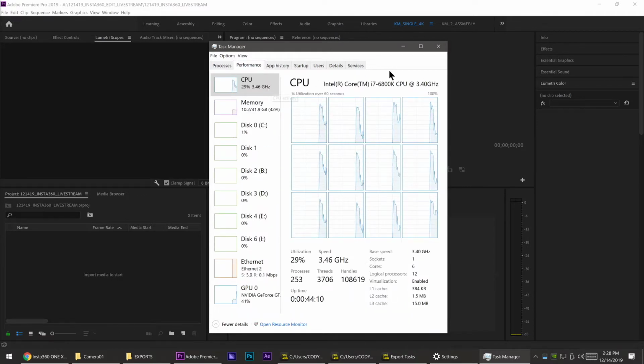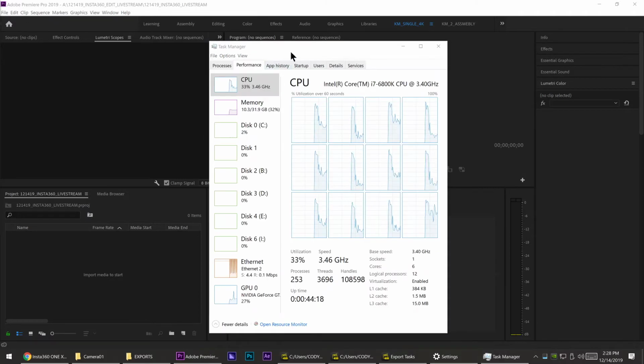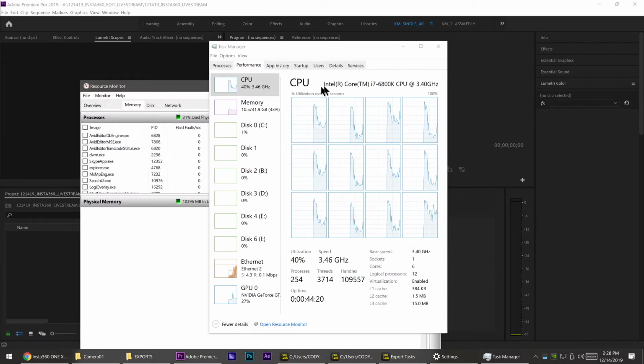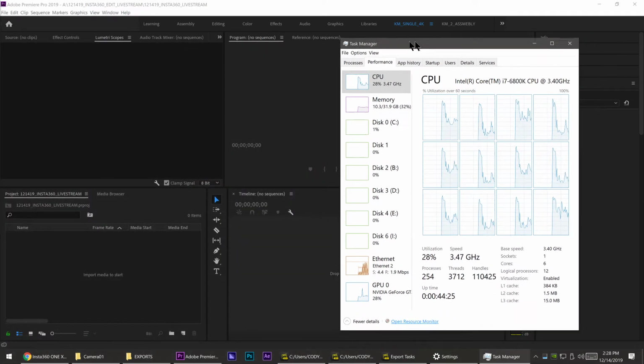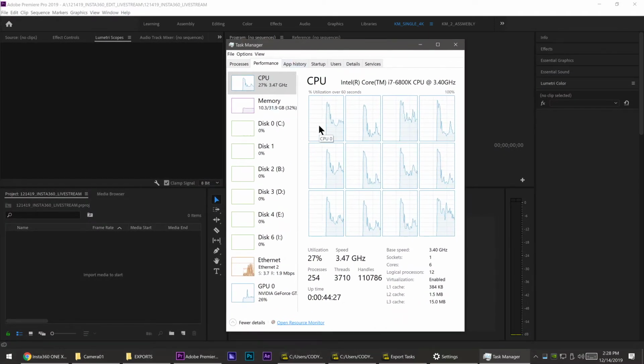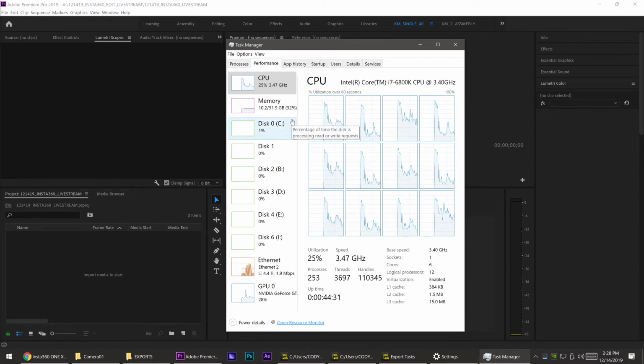Click the Performance tab, and it gives you just this beautiful amount of information. And you can also open a resource monitor to get a little deeper if you want. Honestly, it sounds crazy, I keep this up almost 100% of the time while I'm editing, just so I know if your memory starts to get high